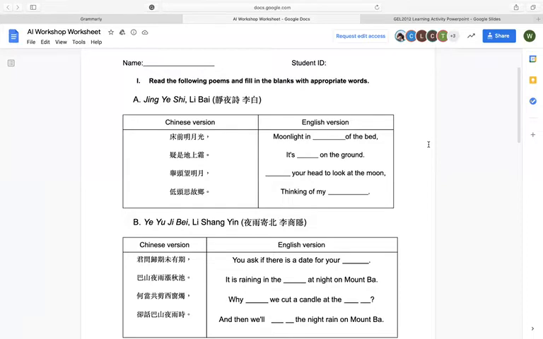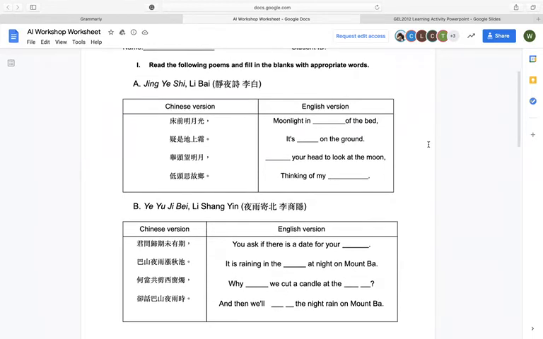Instead of just typing your answer on your own, you can also annotate the answer on the screen,